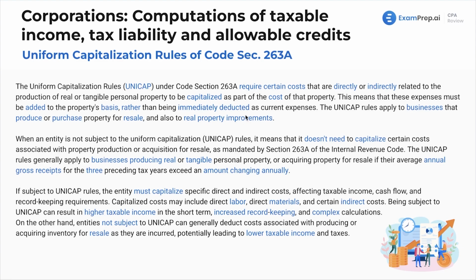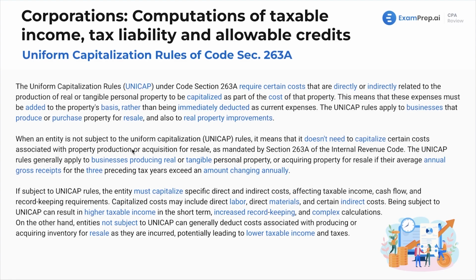So this is essentially saying we've got various costs because a cost can become an expense or part of a capitalized asset. And a lot of these costs will be added to the basis rather than expensed. So that's what we're dealing with here. The IRS trying to kill our fun again, trying to make it so we can't take immediate deductions.